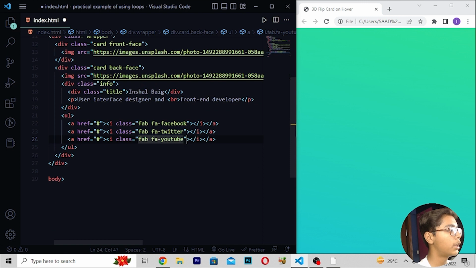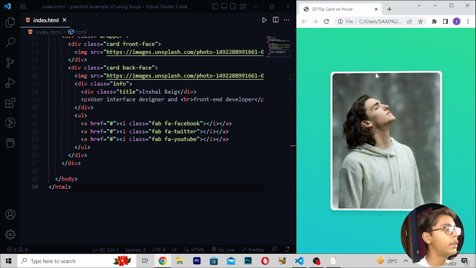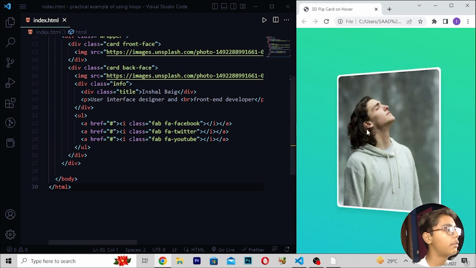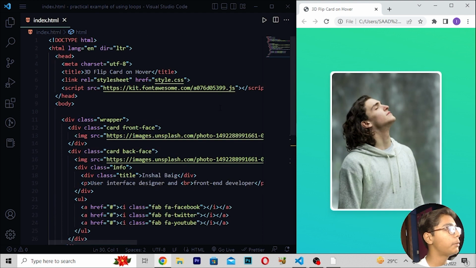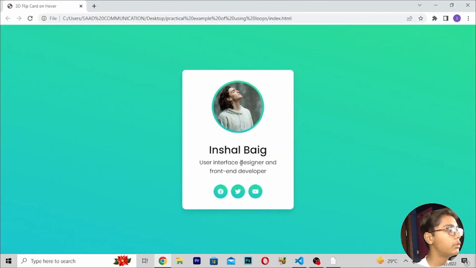Here you have to move down after this, and here you have to close this HTML tag, and then I will be saving this. So save this and then you have to reload. Now if I just show you, you can see when I'm hovering on this, we are getting our hover effect, and this was our amazing project, and this is our 3D flip card with hover which we have built using this amazing